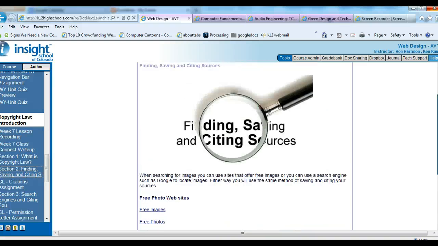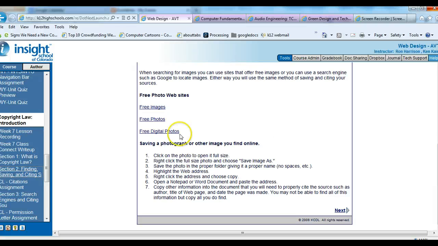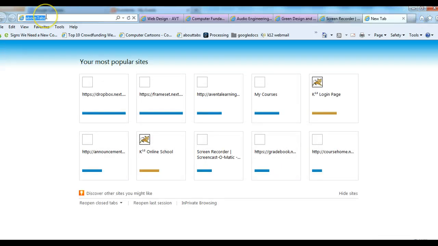Of course, there are many ways that you can find and cite. You can use a Google search and all of that. So lots of ways you can do it. And really the way to do it is click on the photo to see the full open site. So I'm going to give you an example. So I'm going to go to Google